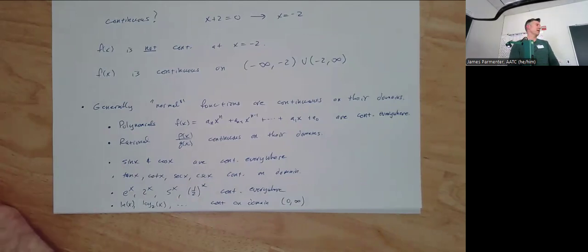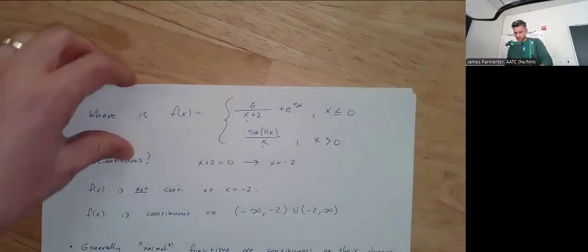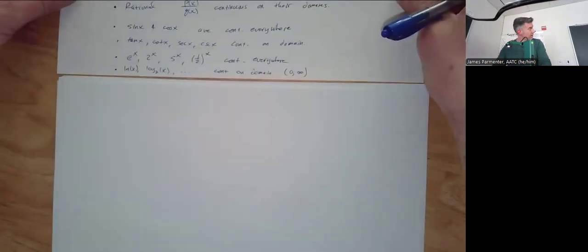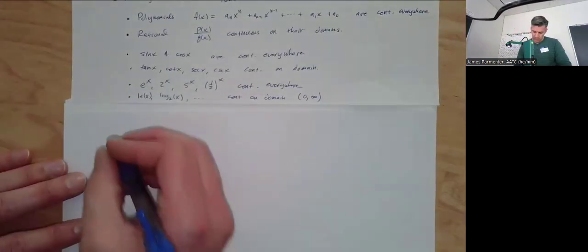There's a few functions we can make up still, but then you can combine them together. So if you add functions together or subtract functions or multiply functions, then they're continuous on the overlap of the domains, so the intersection of the domains. So for example, if your function was, let me just try not to go too fast, if your function was, for example,